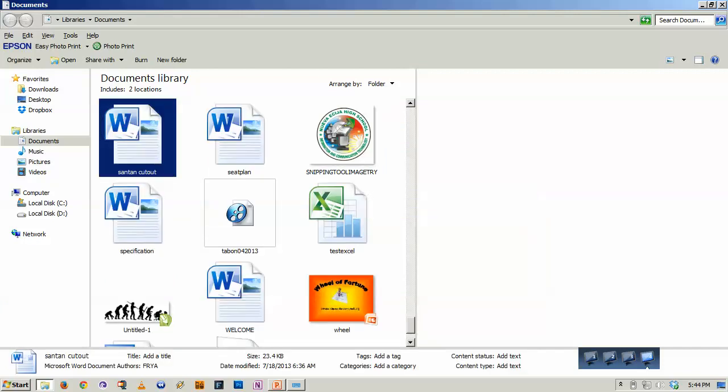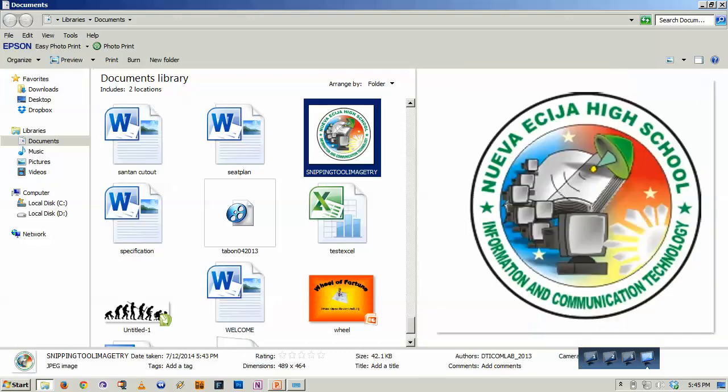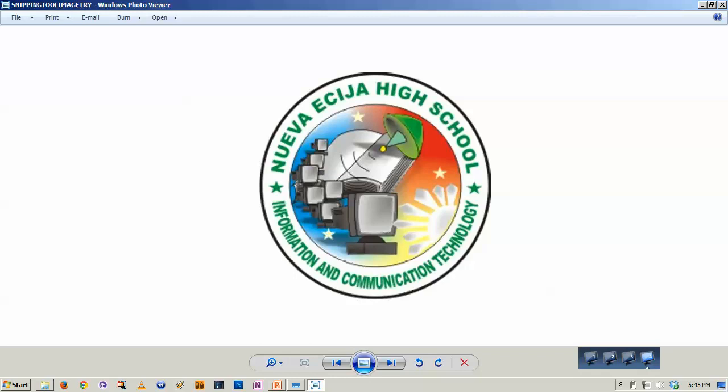So let's just type S. So all the files that start with S are shown. So there it is, snipping tool image try, our JPEG image. Let's try to open it using the image viewer. There it goes, an image file.